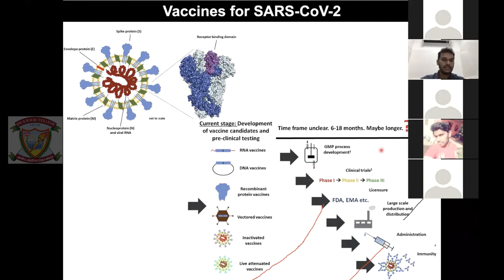Cool. So now where are we standing right now in terms of developing vaccines for SARS-CoV-2? As you know, here are the proteins that we have already seen: envelope protein, spike protein, matrix protein, membrane protein, nucleocapsid, and all those things. What people have done is isolate the individual components and inject them into mice. What will happen when I isolate only this protein and put it into mice? Mice will develop antibody for this particular protein only. Similarly, nucleocapsid. Similarly, membrane protein.